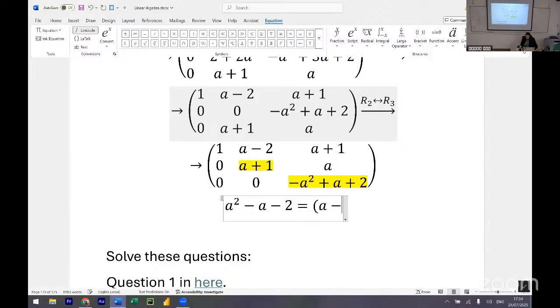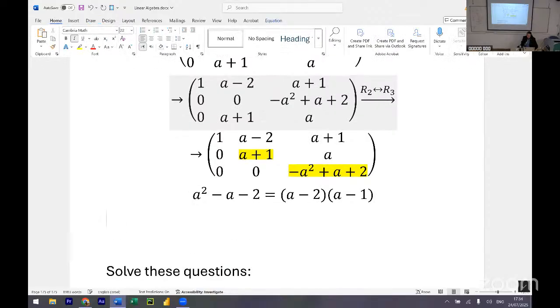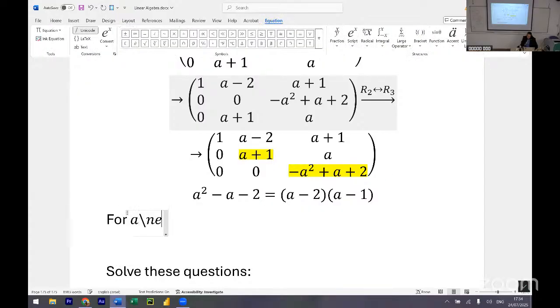That's (a minus 2) times (a plus 1). So for a different than minus 1 or 2,